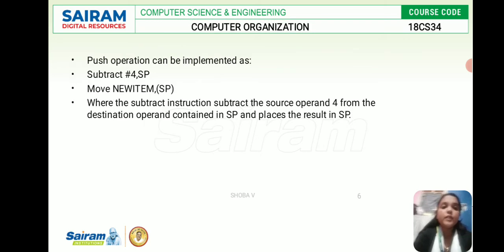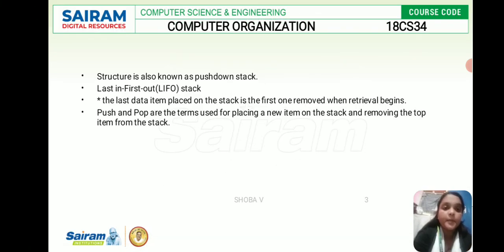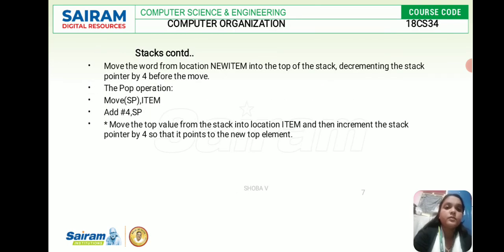The applications we can see here are that we are going to evaluate arithmetic expressions. One is infix notation, then prefix or polish notation, and then postfix or reverse polish notation. This is one of the applications, and we can also have reverse polish notation for evaluating the arithmetic expression. So these are the major applications we can see in the stack operation. And then whatever value we are entering may be deleted or incremented. So this is the operation in the stack. Thank you.